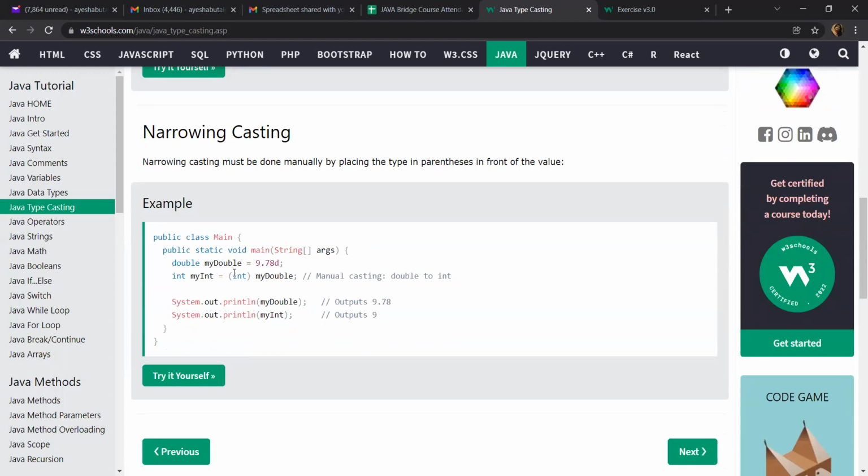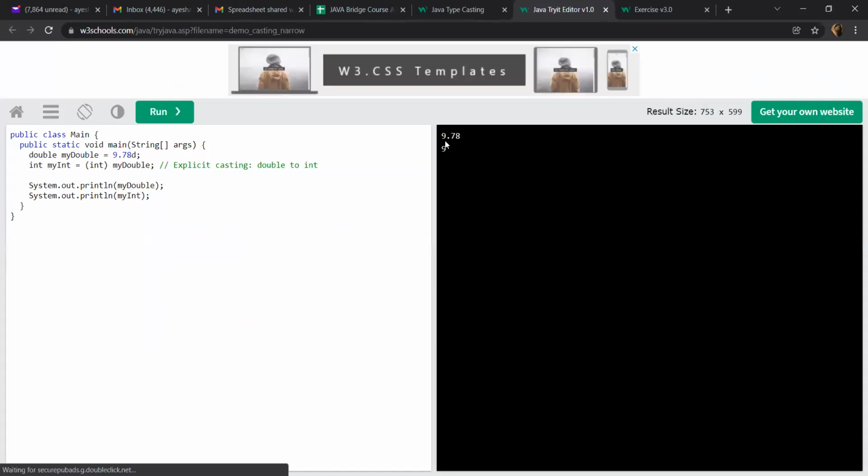नैरोइंग कास्टिंग का एग्जांपल यहाँ पे दिया है कि डबल 9.78 बी है एंड इंटीजर, तो ऑब्वियसली यहाँ पे आपको स्पेसिफिकली करना पड़ेगा। तो नैरोइंग कास्टिंग इज लार्जर इनटू स्मॉलर, तो यहाँ स्पेसिफिकली इंट दिया हुआ है। तो यहाँ पे अगर 9.7 दिया तो ये ट्रंकेट होके 9, तो यहाँ पे क्लियरली दिख रहा है कि ये राउंड ऑफ नहीं करता है, ये सिर्फ ट्रंकेट कर देता है। तो राउंड ऑफ में क्या होता था, ये 10 हो जाता था, बिकॉज 9.5 के ऊपर वाला गेट्स राउंड ऑफ टू 10, बट हियर इट इज क्लियरली शोइंग दैट जावा यूजेस ट्रंकेशन। ट्रंकेशन मीन सिर्फ डेसिमल को हटा दो, यहाँ का पहले वाला पार्ट 9 है तो आपको 9 एज एन आउटपुट हो जाएगा। So here you get the value as 9.7 and 9. So this is what to be highlighted, that truncation हो रहा है।